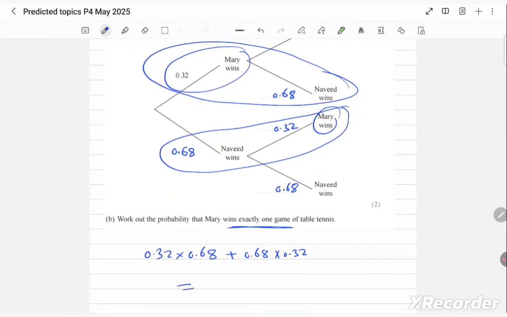Or sometimes we just multiply by 2: we write the first one, 0.32 times 0.68, and then multiply by 2. So let's calculate 0.32 times 0.68, and multiply this by 2. So the answer is